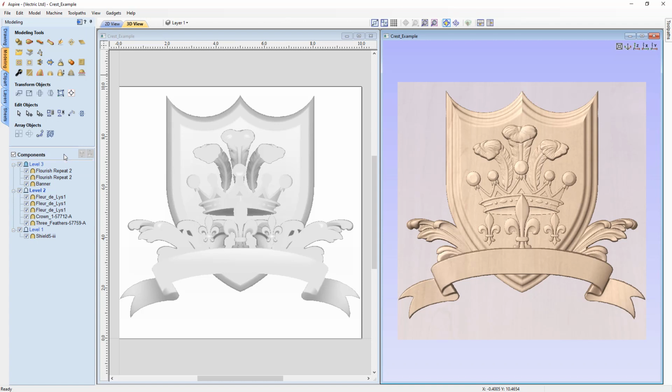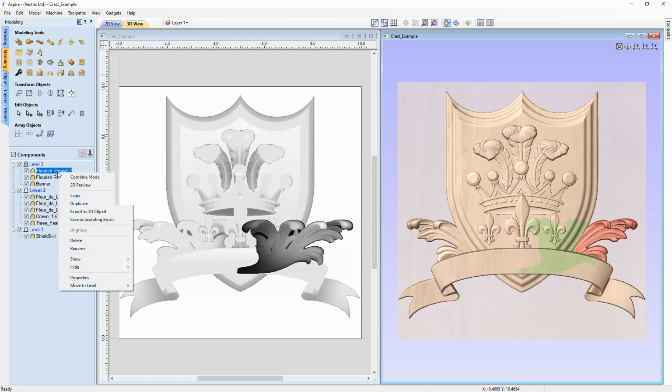First of all, you can export out your levels, your groups, or your components into 2 new file formats. If we select this component and we right click on it, you'll see that we can export as a 3D clip file, or we can save it as a sculpting brush. Let's start with the sculpting brushes. You can save out any of your components as sculpting brushes so that you can use them in the sculpting tool. Just something to remember, that's how you actually do it,